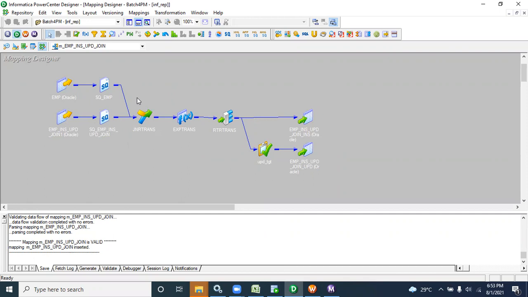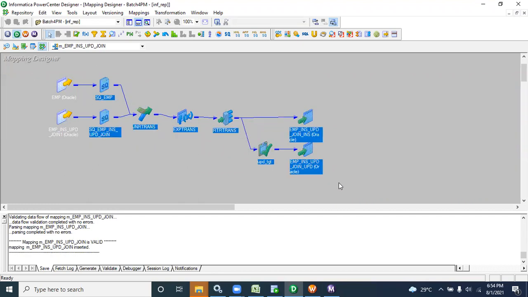So in real time, maybe 10 transformations also you can embed one by one, based on the dependency, based on requirement.